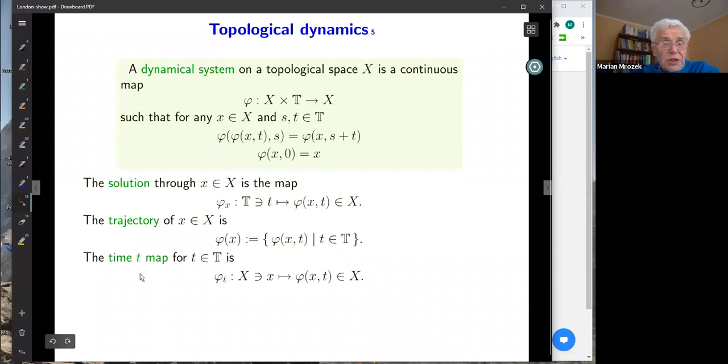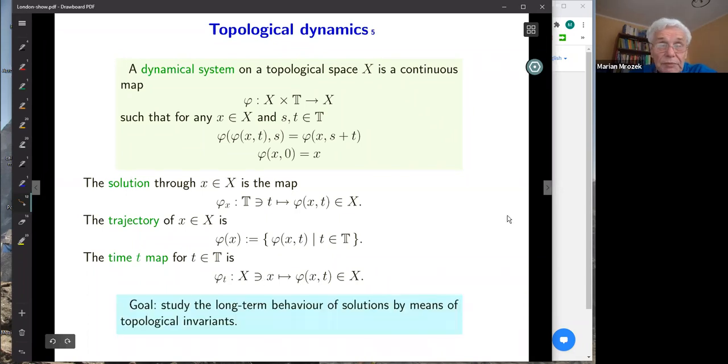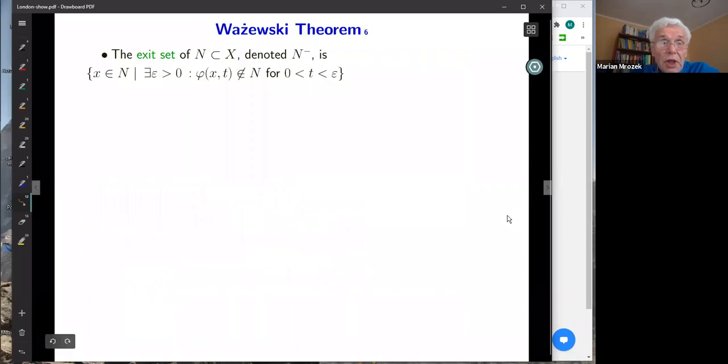And I'll also be interested in the time t map, where I fix t, and now I have a map from X to X, which sends each point X to its position after time t. And as I said, the goal of topological dynamics is to understand the long-term behavior of solutions by means of topological invariants. And at the very beginning of the Conley theory, I want to recall the